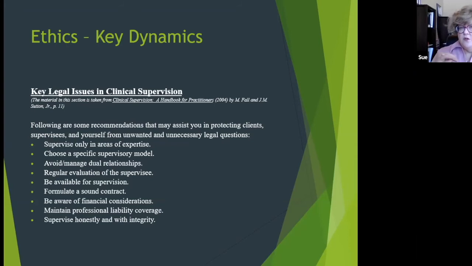Evaluation. Those of us who have worked in academic settings, evaluation is so much a part of what you're doing and will be built into the academic setting and the classes they're taking. If you're a site supervisor or you're supervising a postdoctorate that's not in a real structured academic setting, it's still important that you have some form of evaluation and that you present that to your supervisee from the get-go.